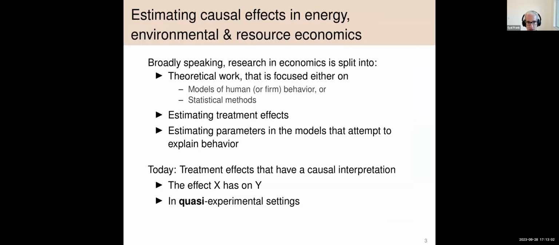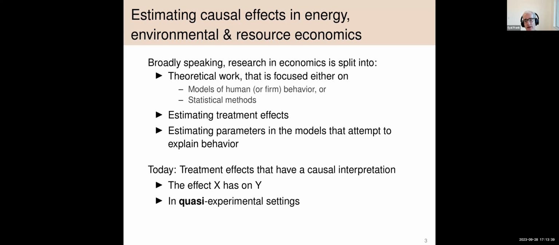Broadly speaking, we can think about research in economics as having a lot of theoretical work that's trying to understand the way that a firm or humans make decisions, how economic agents make decisions, or advancing the statistical methods that we use to answer those questions. We can think about estimating structural models that have a parameter that we're interested in quantifying. But today we're going to focus on trying to understand